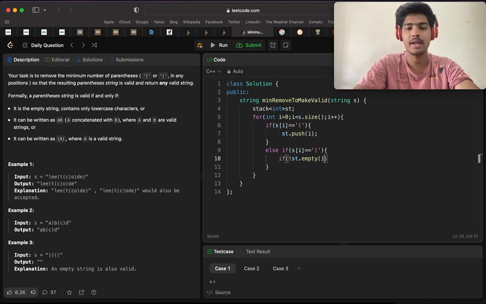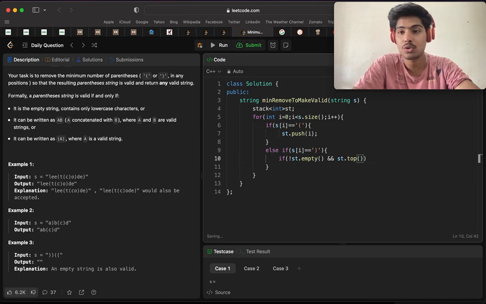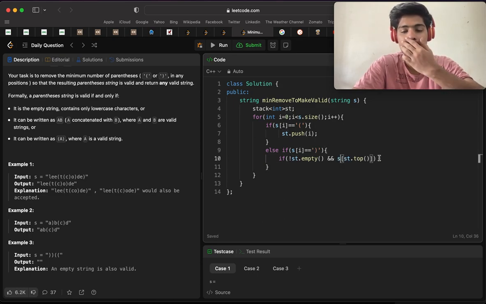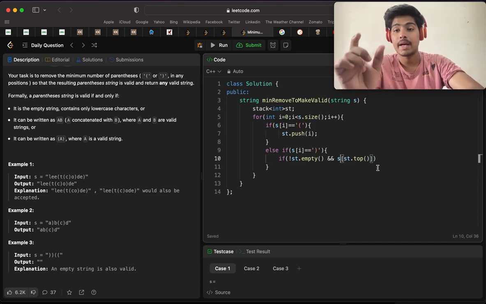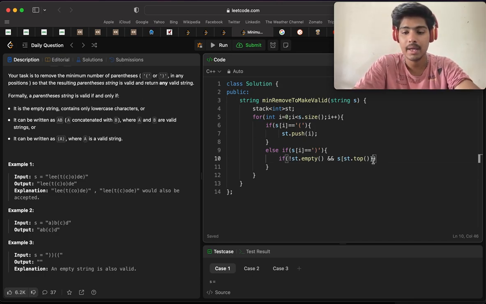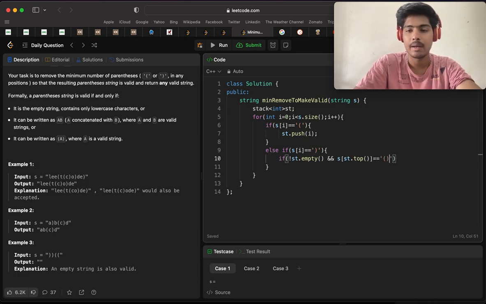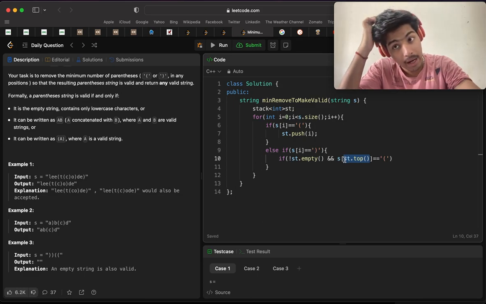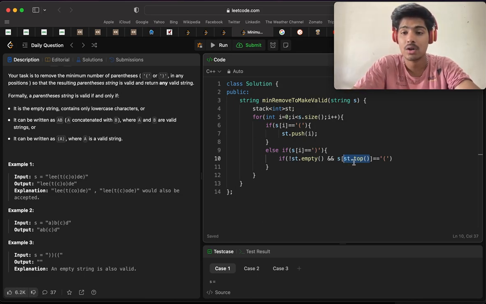अगर मेरे पास stack empty नहीं है, and second condition is st.top. st.top will show the index. And if I write s of st.top, s of st.top will show the character. If s of st.top equals to open bracket, see st.top is the index, because हमें stack में तो index store करा रहे हैं. So st.top is the index, and s of st.top is the character